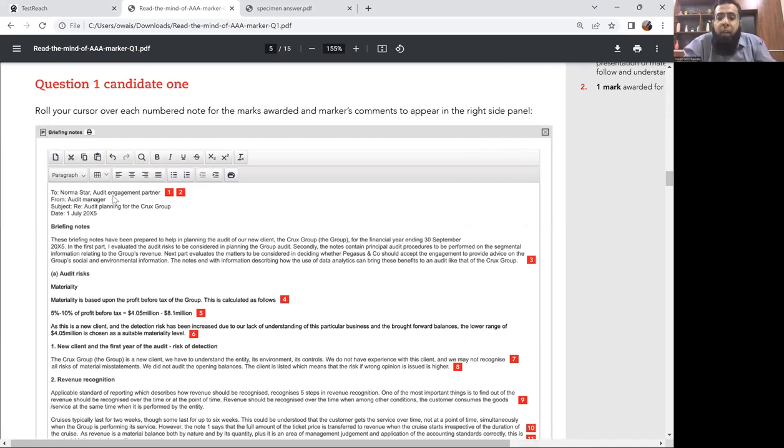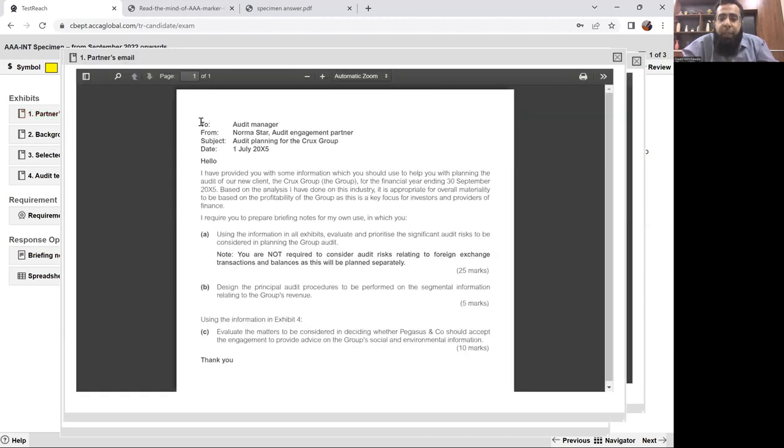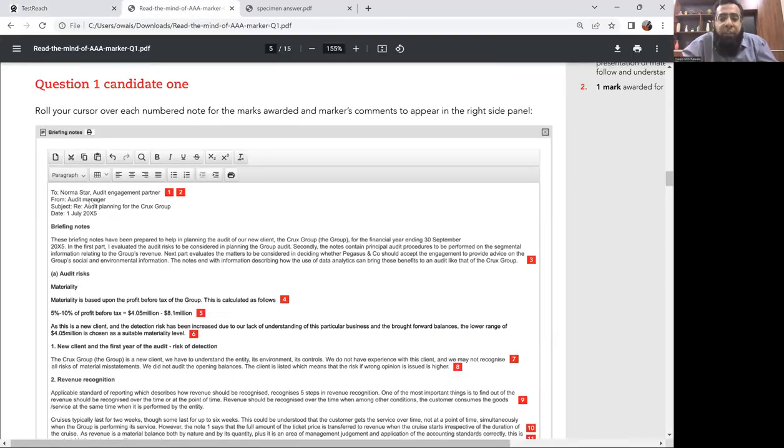Now, to Norma Star, Audit Engagement Partner, from Audit Manager, subject: audit planning for the Crux Group, date: 1st July 2005. Now, for the format of briefing notes, I have told you people that it's a very simple technique. What you have to do is simply go to the partner's email, copy and paste this entire bracket, and just switch to and from. Like this, 'to audit manager' will become 'from audit manager', and 'from Norma Star' will become 'to Norma Star' because we are replying. Okay, so the format of the briefing note is made of to, from, subject, and date,